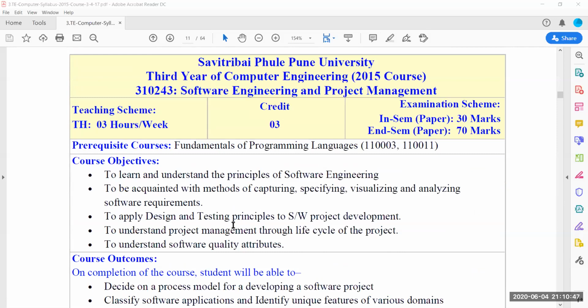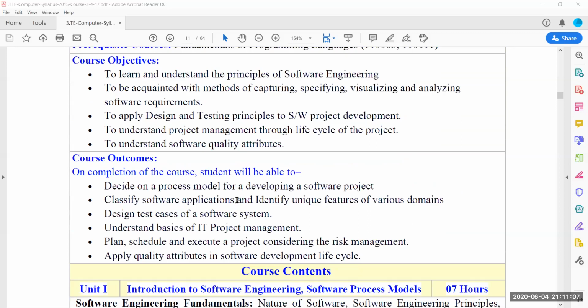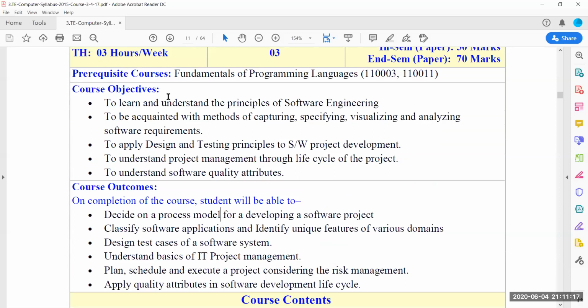Why are we going to study this subject? So there are some course objectives. These course objectives indicate why we are studying this subject, why to learn this subject. Whereas the course outcomes indicate, after the completion of this subject, what will be the benefit to the students. So first, the course objectives are,